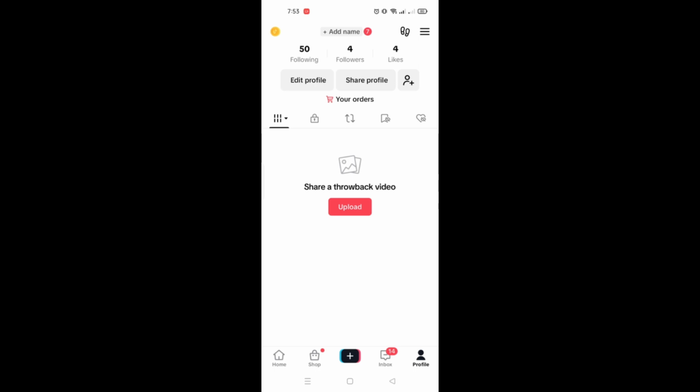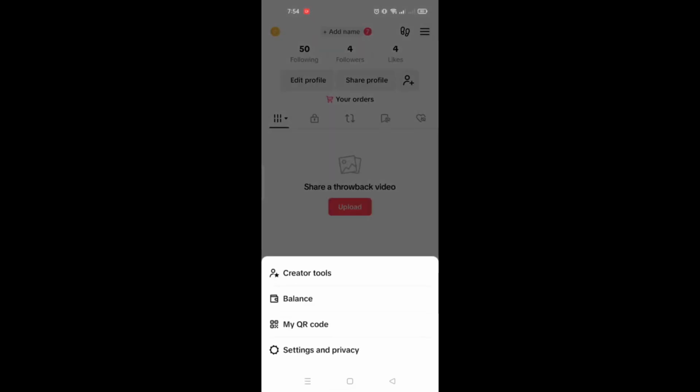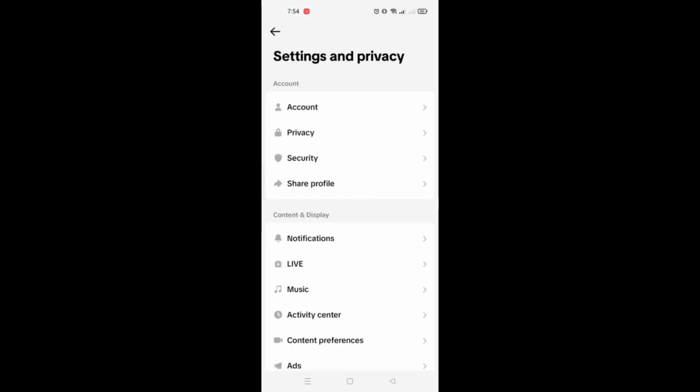Here you'll be able to see that I'm currently on my profile, where beside orders, there should be a TikTok shop link that you can click, and it will automatically route you into your own TikTok shop here. So in order for you to fix that, you can actually click on the three bars menu